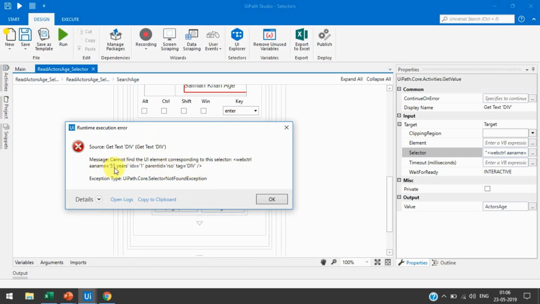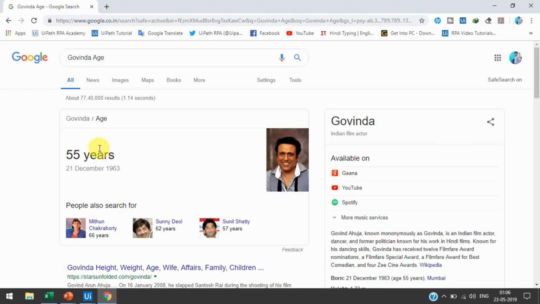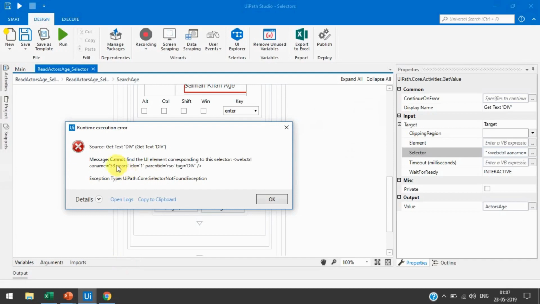It means in this selector the aaname equal to 53 years is there, but what's happening here is that every time the age is changing, right? Because it is checking each actor's age, and each actor's age is more than 50, 53, 55, so that's why it is always going to check for 53 in aaname.